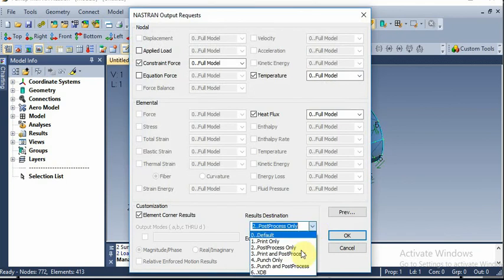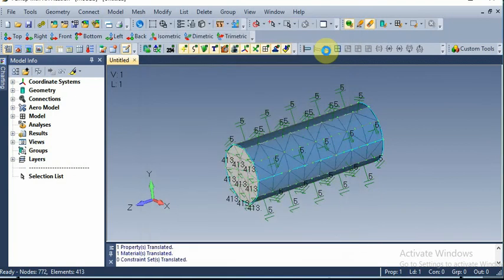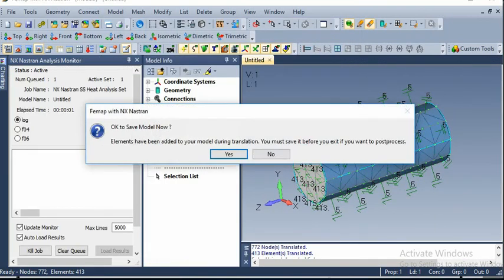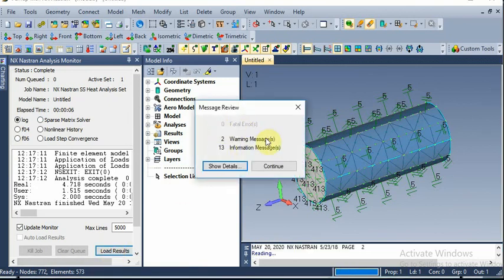Sure, you can change it to this one. Give OK. Now analyze it. Now the solution has been done. Now load the result. So there are no errors. You can continue.